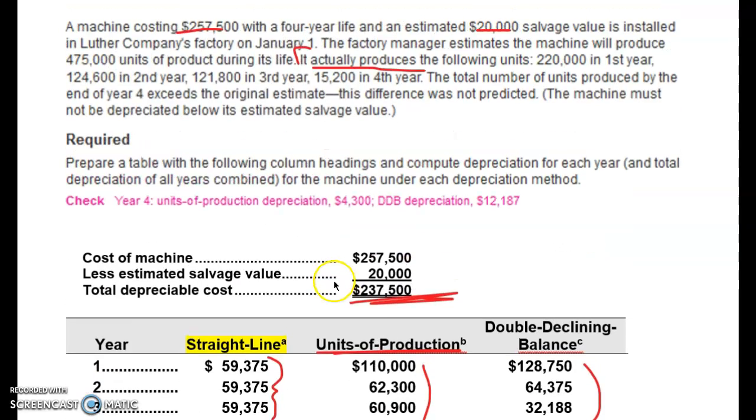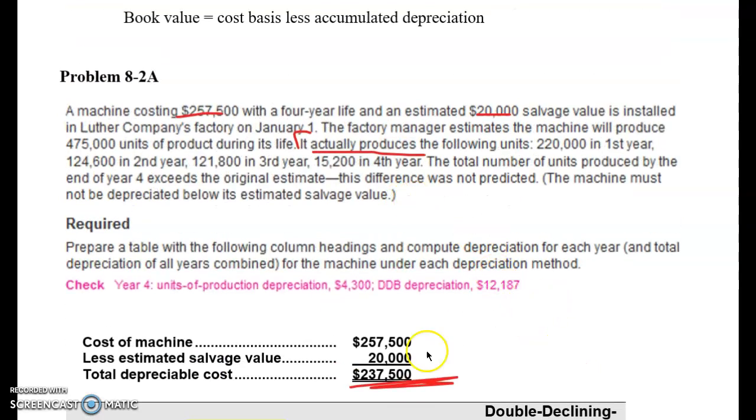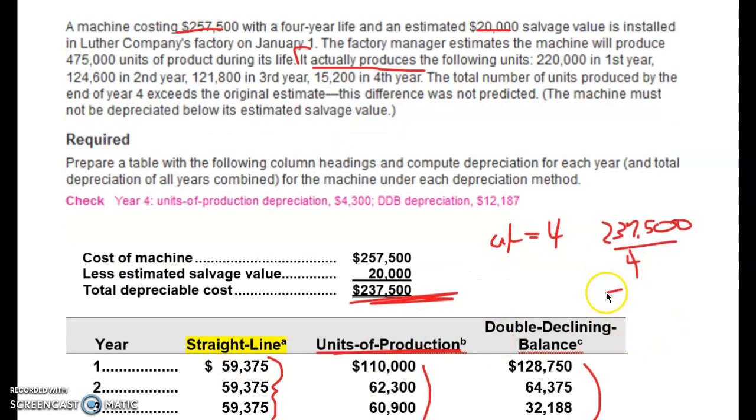The useful life, UL, equals 4 years. So for straight line, it's 237,500